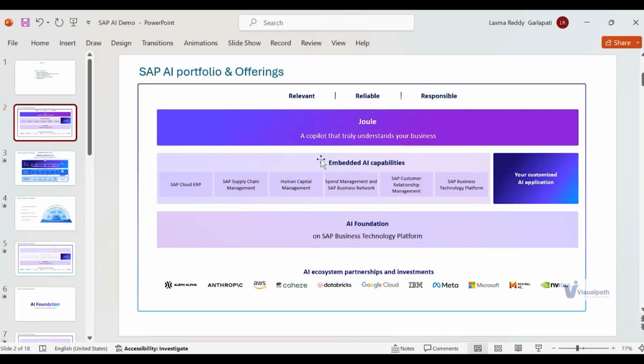I'm working on a particular business function, for example finance, right? And I'm asking Joule, as a conversational UI, what are the dunnings that are being paid very late by different customers. It would go back to the SAP system and in fractions of a second give me the results.